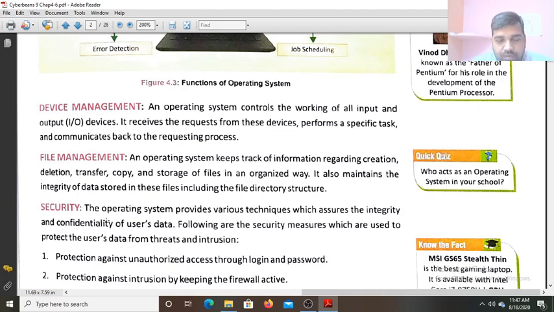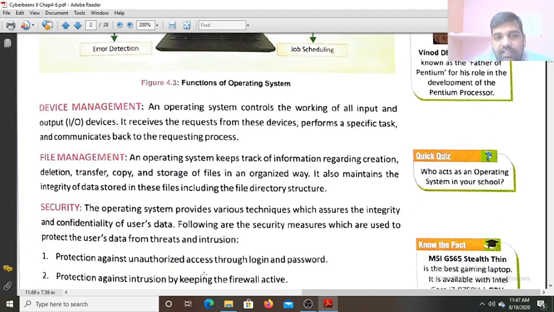If you want to make your file protected, you can set a password on the file, any Word file, any PowerPoint file. You can set the password, and no other person can open it. You can also set protections on some rights. Suppose you keep the protection on the writing of the file, then a third person can only read it, they cannot modify it. That is write protection. You can also give protection to reading, so without the password no one can open it. Things like these are there.